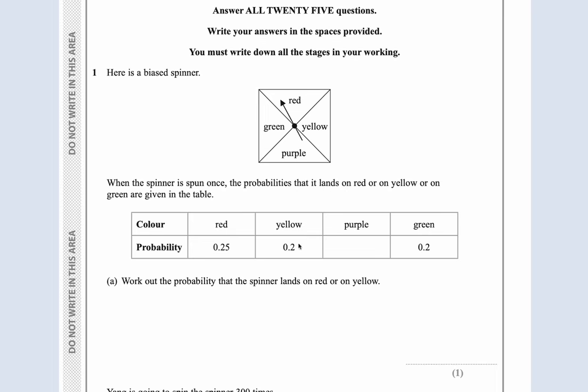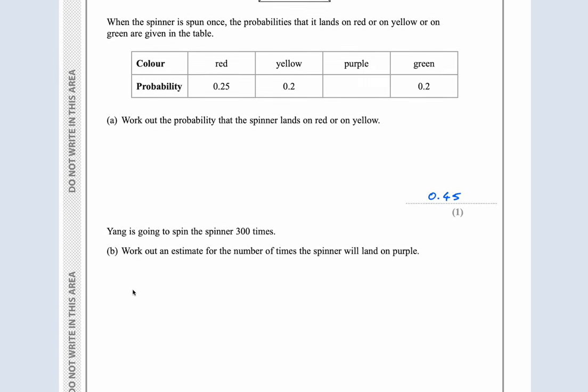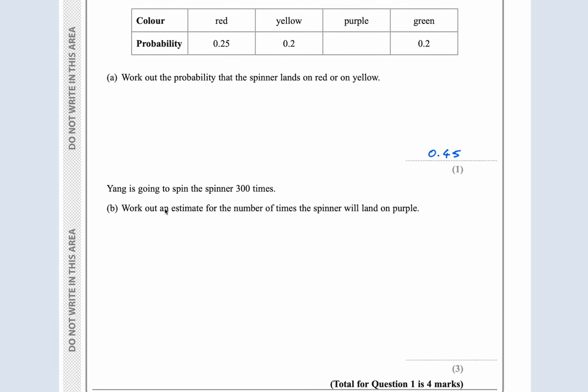Okay, so guys, this is easy. We just add the red and the yellow. This or this, add them together. We get 0.45. Then he says, Yang is going to spin the spinner 300 times, work out an estimate for the number